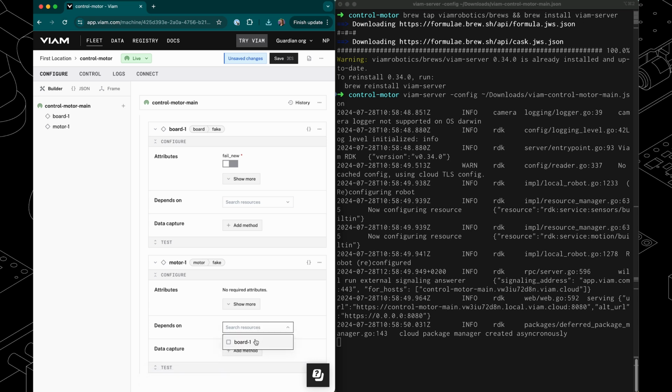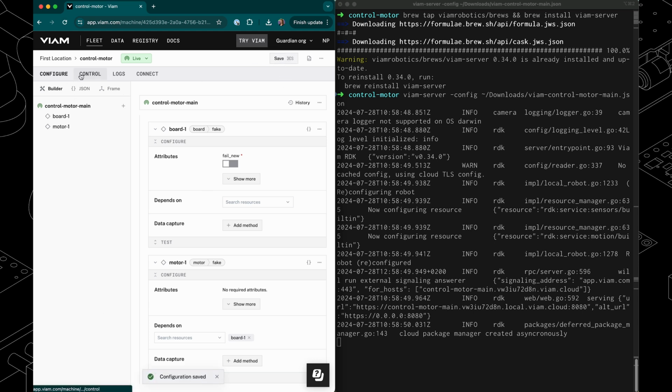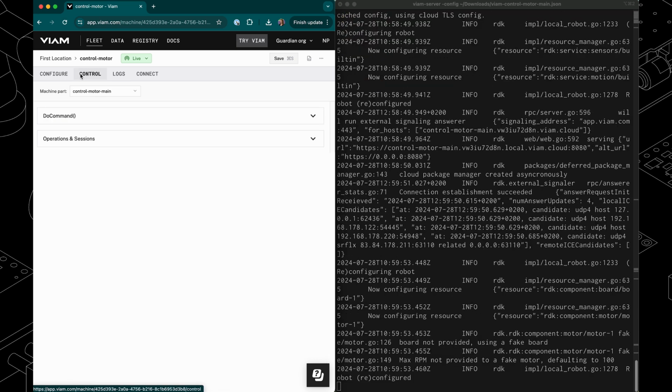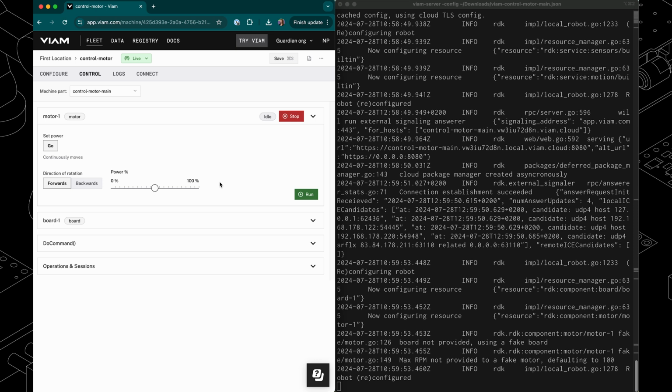I can say this depends on the board so that the board is always initialized before the motor. And then I'm going to save this configuration and go to the control tab where I should be able to now use the motor. This is going to take a moment because the configuration has to copy to VM server,